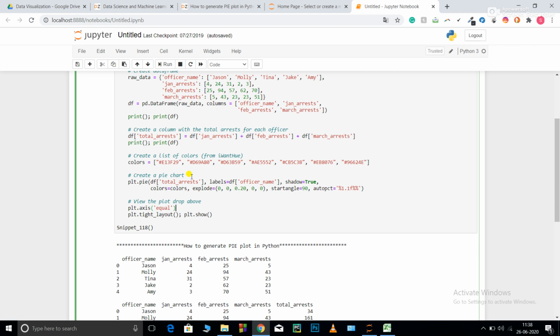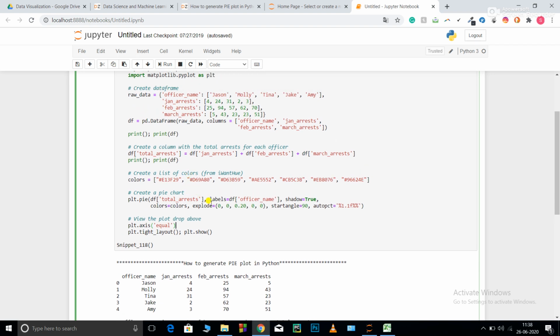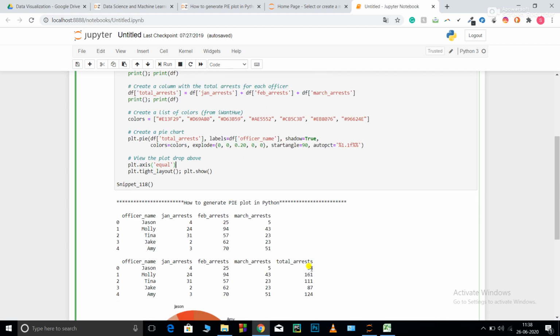A pie chart is basically the ratio of the quantities. For example, it will calculate the ratio of 34 to the total sum of the total arrests, and it will divide the 360 degree angle of the circle according to that.